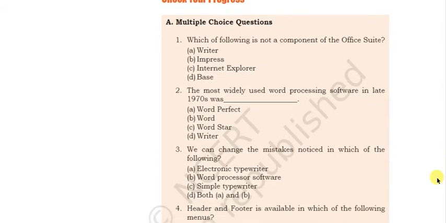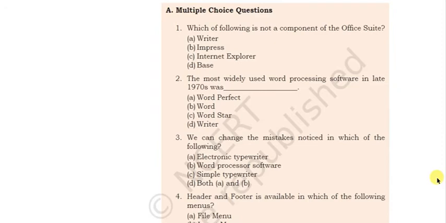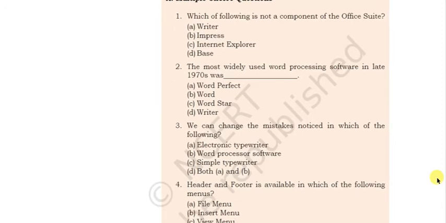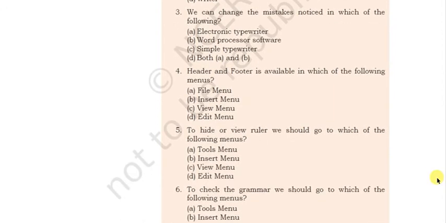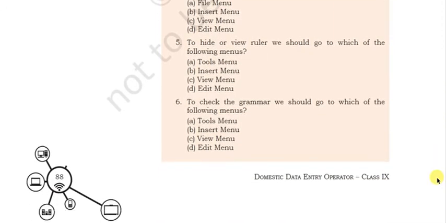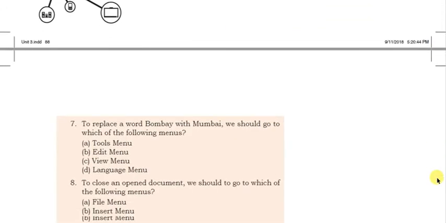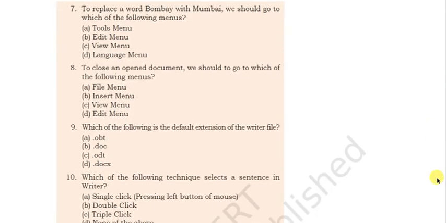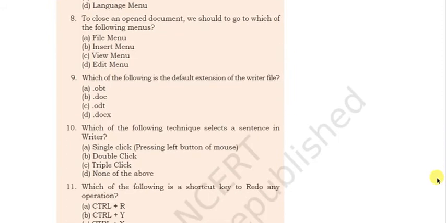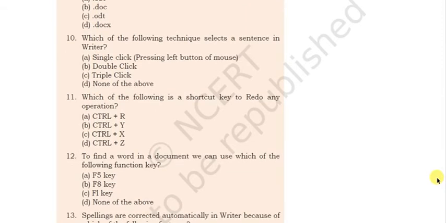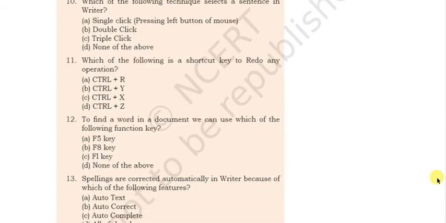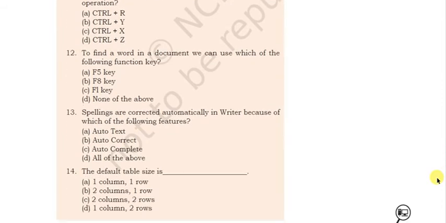These are the multiple choice questions that you have to do in your notebook, and they are very important with a view to your final examination. Very important questions. And you must remember all the shortcut keys that we have discussed in the entire unit.